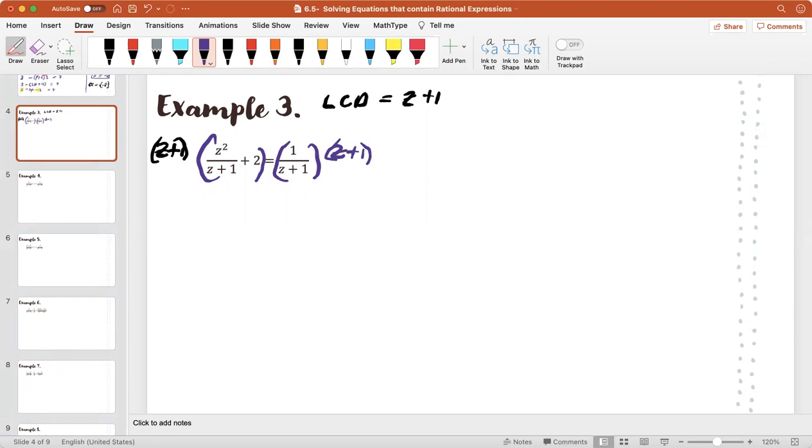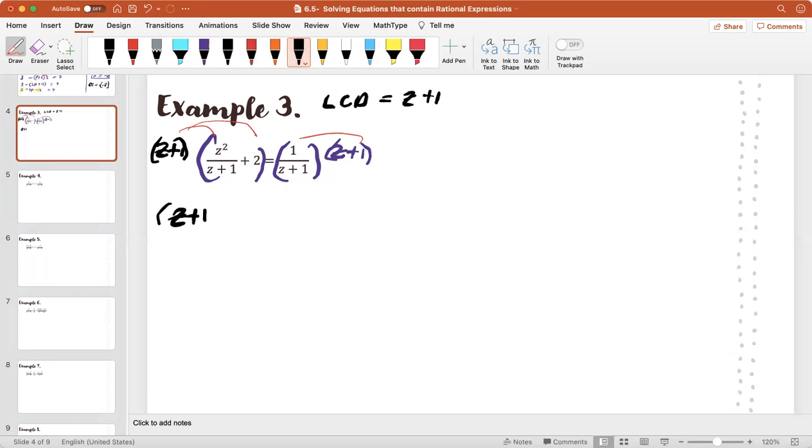Shall we use the distributive property here? Left side, yes. We use the distributive property on the left side. How about the right side? You don't have to, because there's only one expression there. So let's multiply z plus 1 to each side. Left side, we will be using the distributive property. So your left side will now be